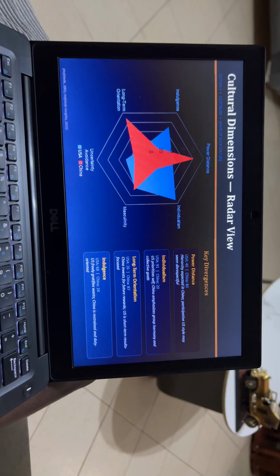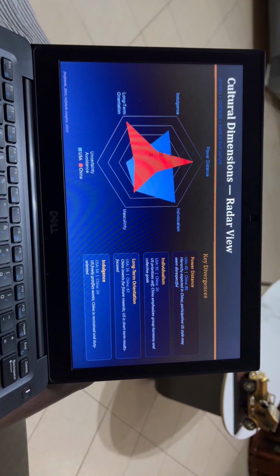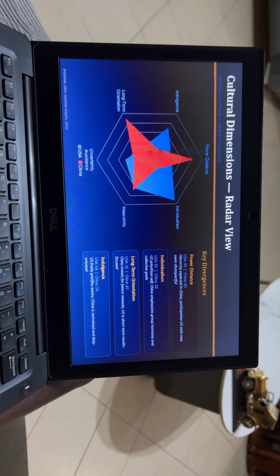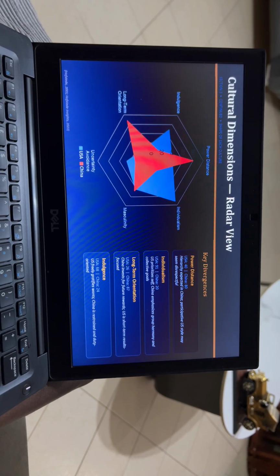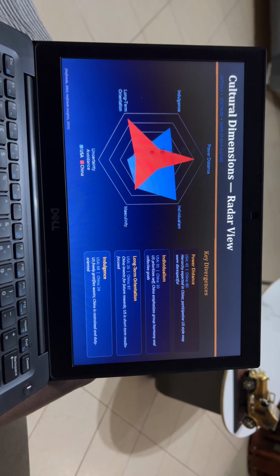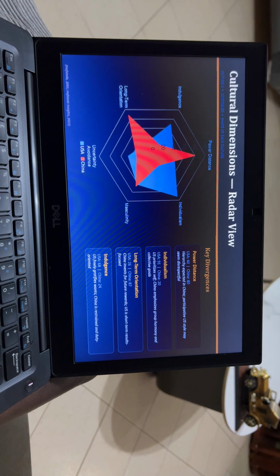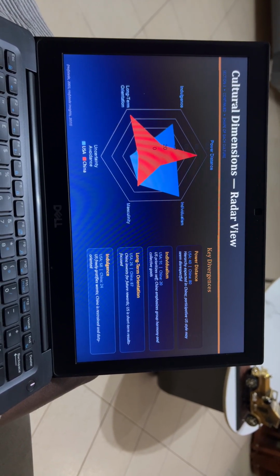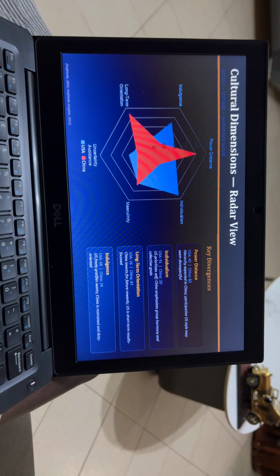The key divergences, if you look at the power distance, USA is at 40 and China is at 80. This means that hierarchy is expected in China, whereas in the US